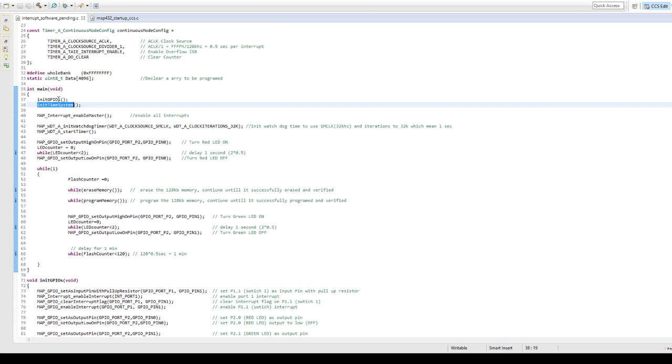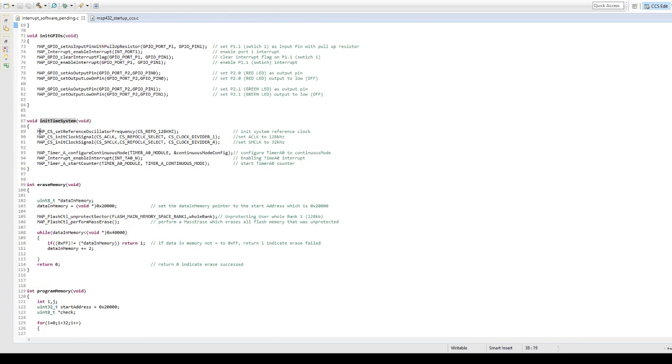And then I need the time system. First, I initialize the system reference clock to 128 kHz. Then I set the A clock to 128 kHz. Then I set the SM clock divided by 4 to 32 kHz. And then I configure the time A0 to continuous mode. Here is the detailed